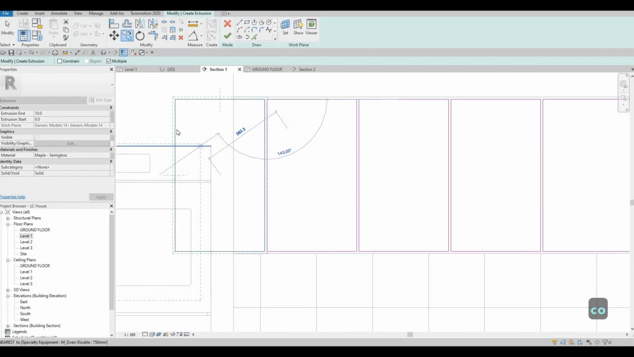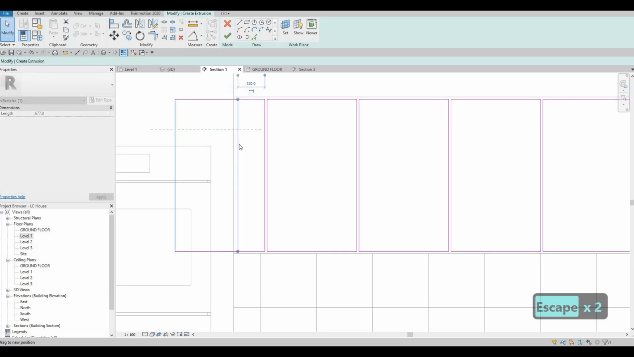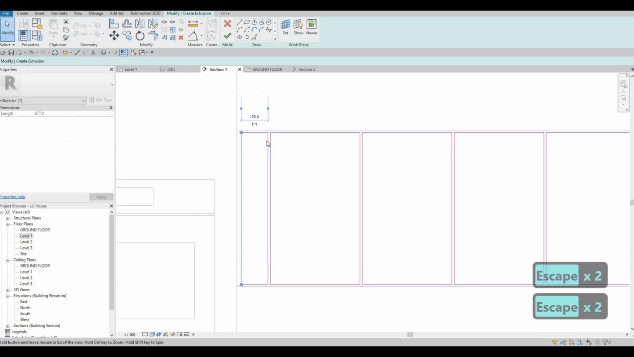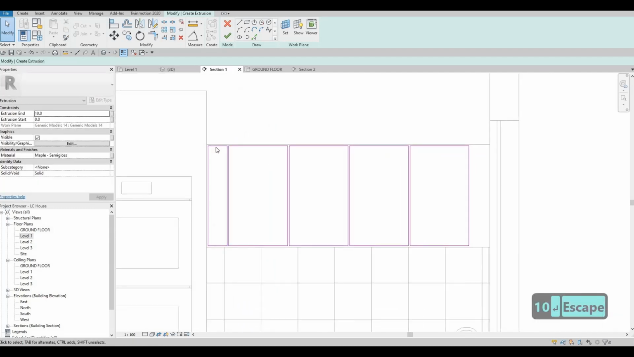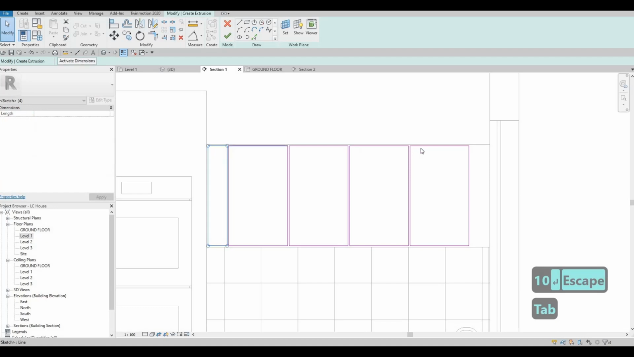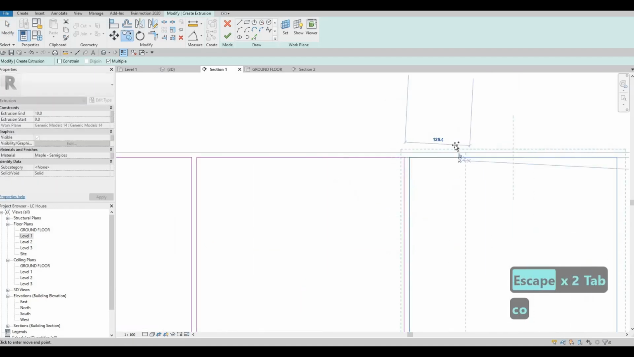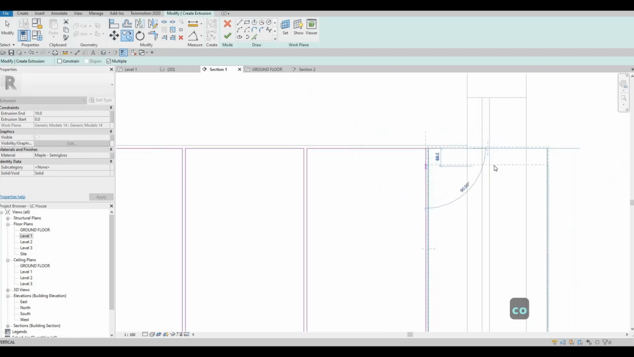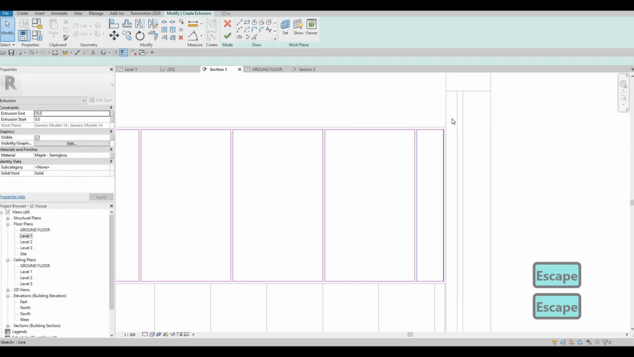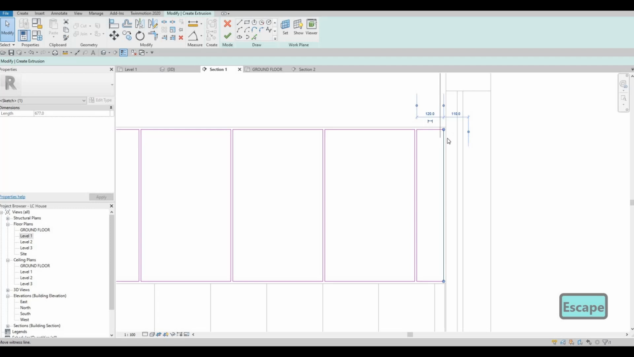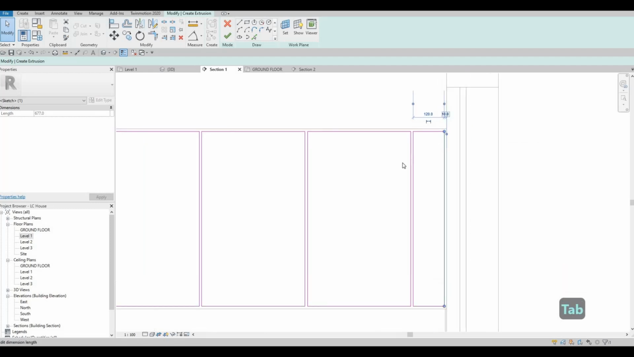Copy it to the end, move this one right here, and then escape, and then move this one to here so that we could have the offset that we want. We could copy this or just copy this one instead so that we could have this one already done, and then just quickly move this one right here, and then select that and move the temporary dimension, and then